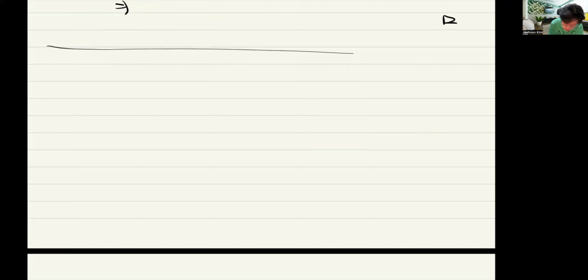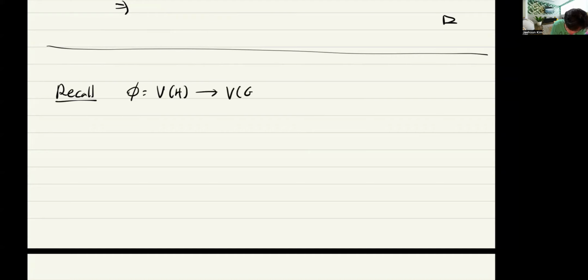Now we discuss how we can use this epsilon regularity to find the subgraph H in a given graph G. So recall that we defined this graph embedding. We say that this map that maps the vertices of H to vertices of G is a graph embedding